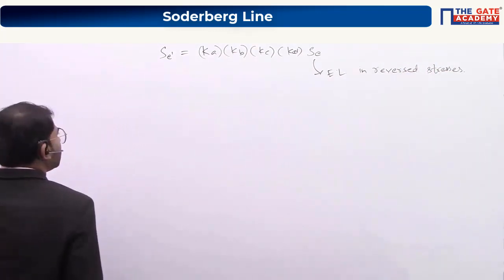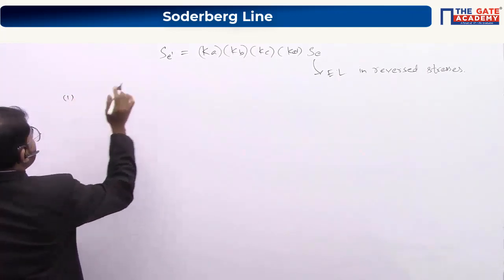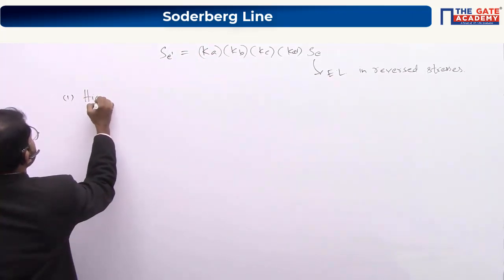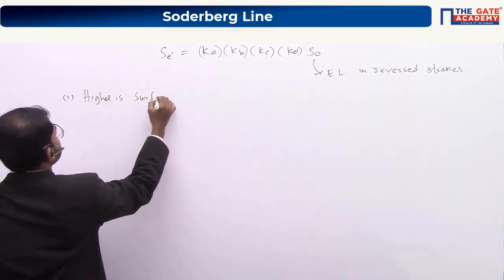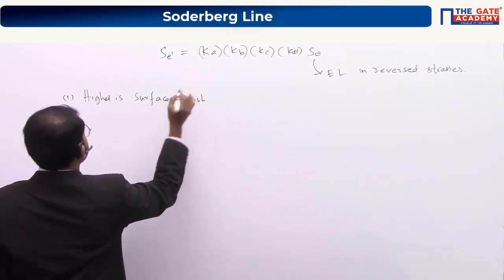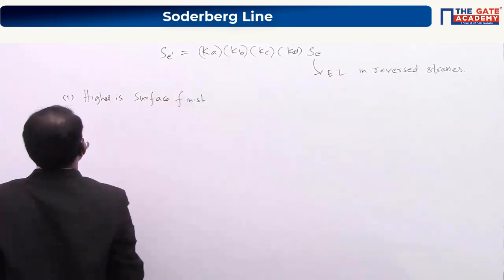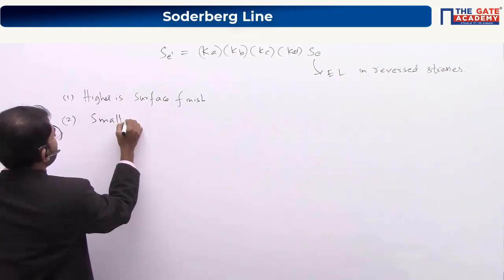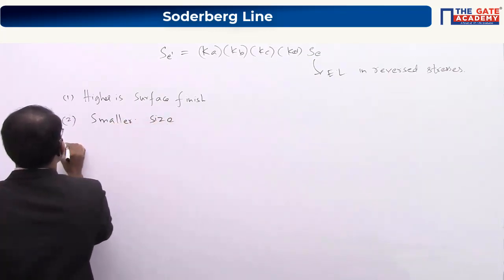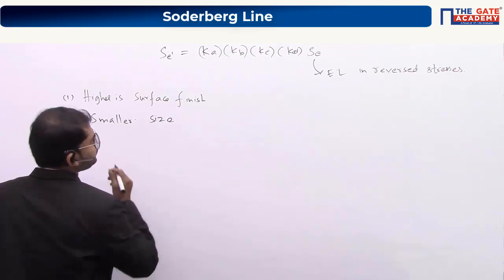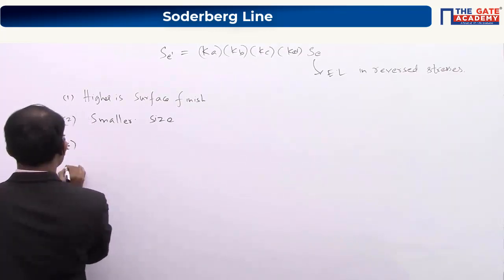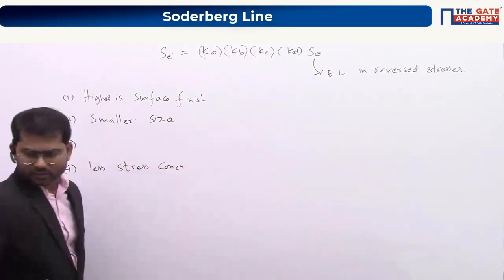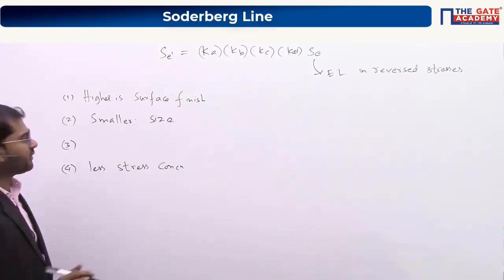Now, the K value will be higher, more towards 1, if the surface finish is higher. KB corresponds to smaller size, so we expect size to be smaller. KC corresponds to, what is KC here? The fourth one is less stress concentration, and the third one is reliability of experiments.